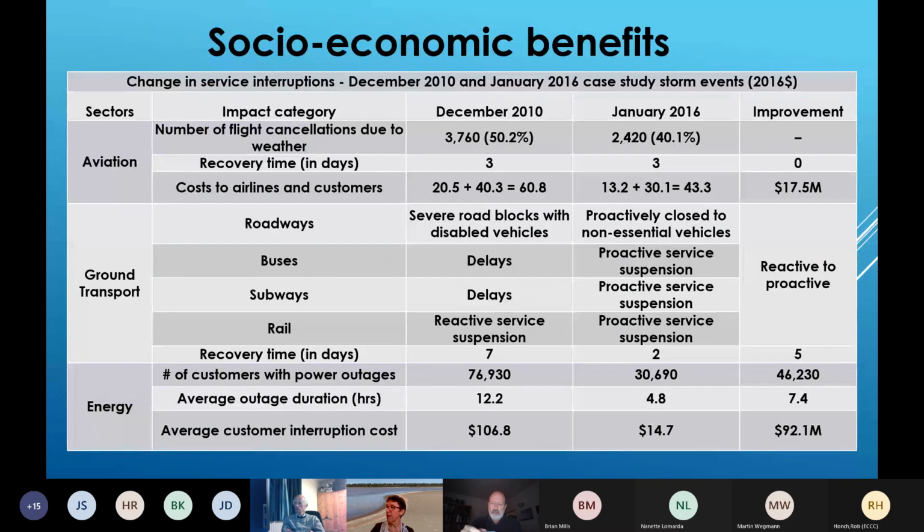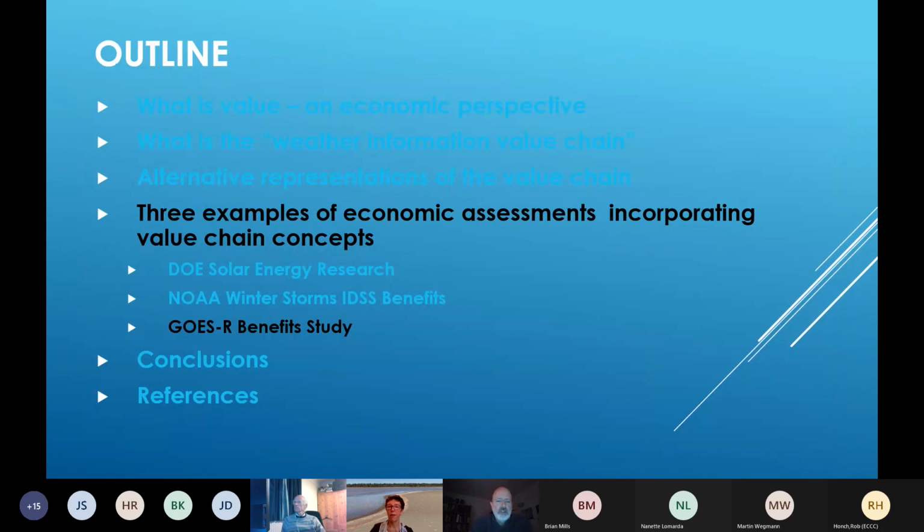And we found different impacts in aviation, ground transport, and energy, which suggested potential significant benefits from undertaking impact-based decision support, which is really taking that step between the National Hydromet Service and their core users to help them understand and use the information better. So the third study, and I'll go through this quickly because we come back to this in a bit at the